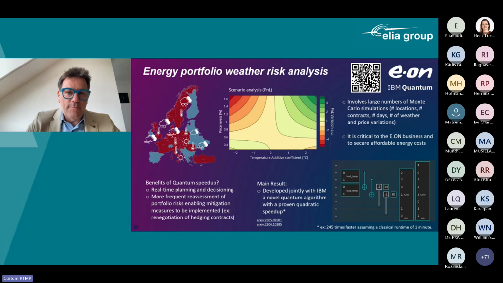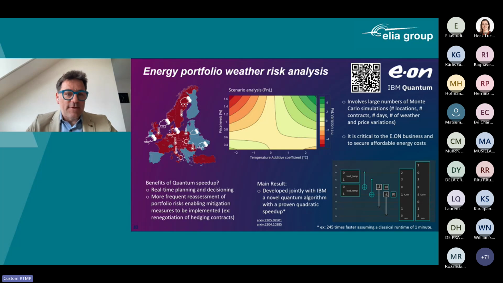Last but not least, I also want to provide you a case that we did for scenario modeling, and in particular for the energy portfolio weather risk analysis. As a company, as a utility, we are supposed to provide energy to our customers, and of course to make sure that we procure the energy upfront. The idea is, for example, if you consider gas, that the consumption may vary according to the weather situation. And this is shown, for example, in the map here. There might be a storm in Sweden, or it might be super sunny in Italy. And this of course changes the energy demand with respect to what we forecasted.